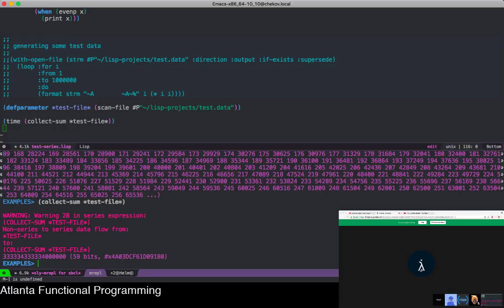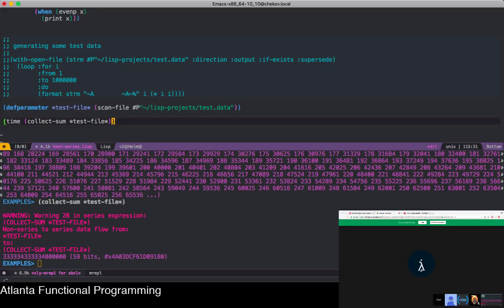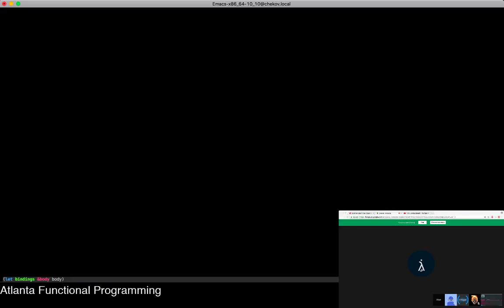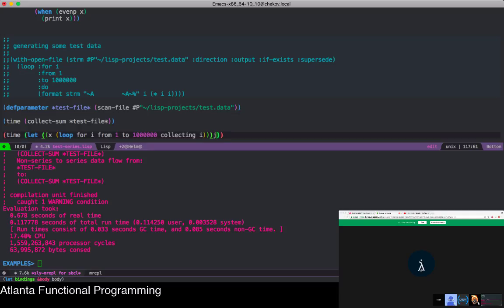But if you look at the performance on this, because this is a million integers, what's nice is that it's fairly fast. I've tried this before, and it looks like it's equivalent to running the same computation using let. So in here, I just did a read first, just for an example, but I can do the same thing. If I do a time let x loop for I from 1 to a million, collecting I,